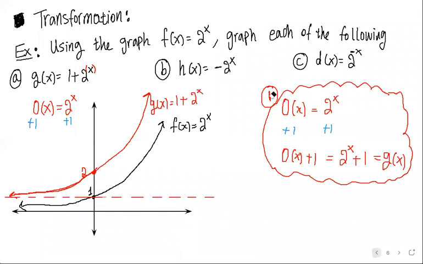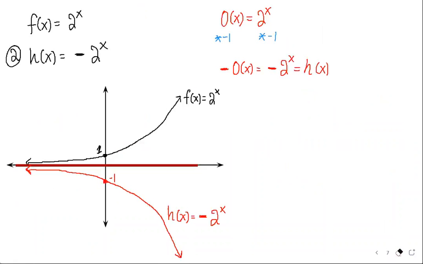Okay, for the third one, to graph the function d of x equal 2 to the minus x. Look at the minus, where is it? It's inside the exponent, so it's inside the function. So to graph this function,